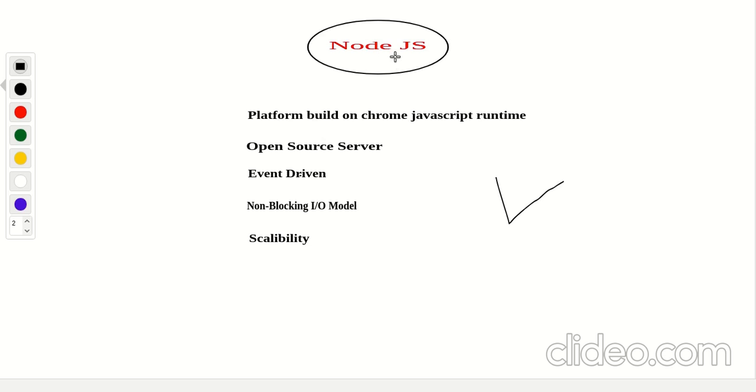So Node.js is asynchronous. In other programming languages like PHP, suppose we have to read something from a file: first it requests the file to be read, and until that file is read by our program, it does not move to the next statement. So this is one of the best features, the advantages of Node.js. That's why we are using the Node.js server.